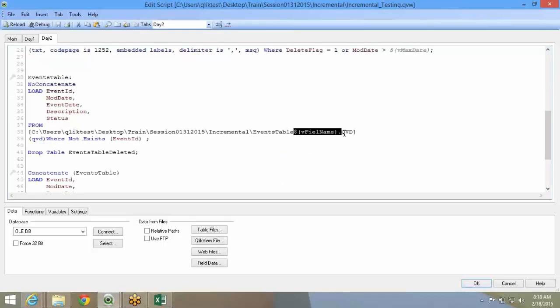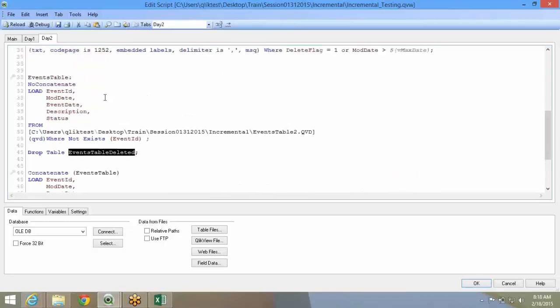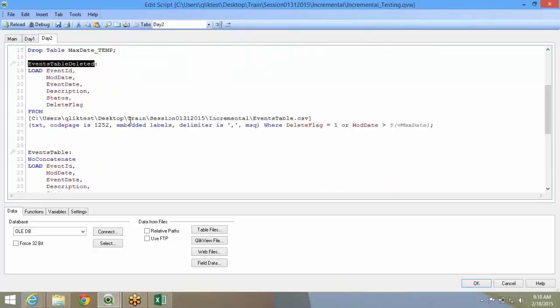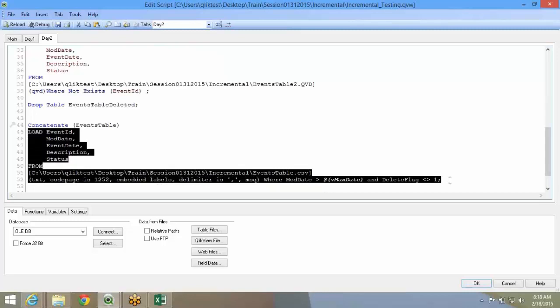Okay, not that one. So we'll bring the second one, and then here we are not existing above. We are not existing event ID. Now I drop off the deleted table. So this is the first deleted table that I do, right? So I drop off that table, and then I'm loading from the source data again the records which are updated only. So here I'll have to load it twice from the data source. That is one challenge. You get what I mean?